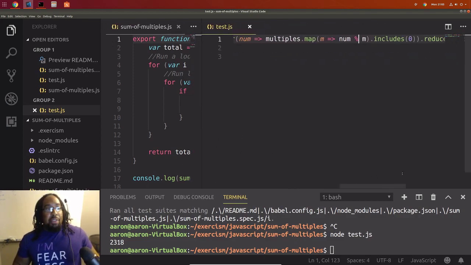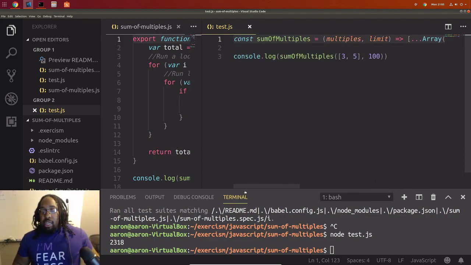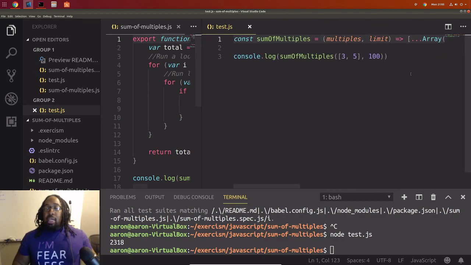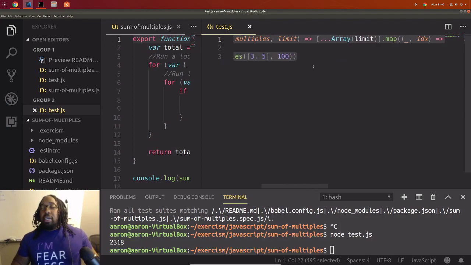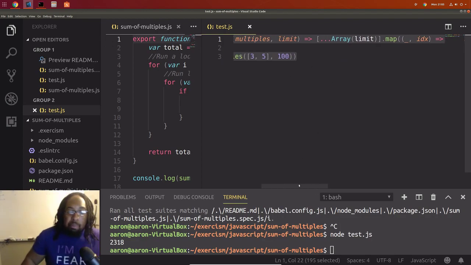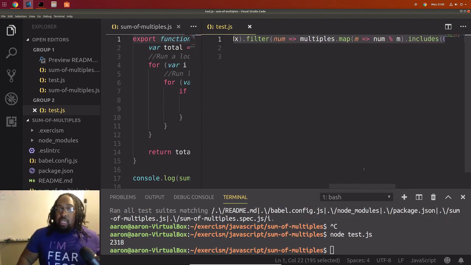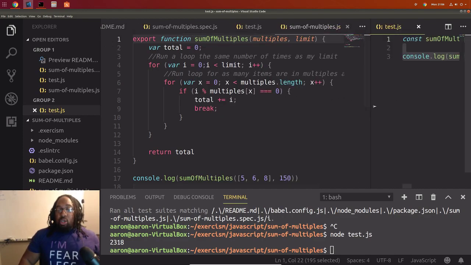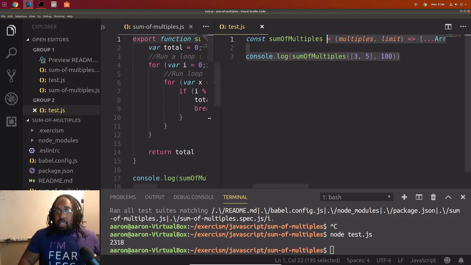This might be a little confusing if this is your first time, or you're early in your JavaScript career, or learning JavaScript. Yours will probably look something more like this, and we will definitely start throwing in a lot of these topics and a lot of the usage here. Definitely arrow functions. We're going to start doing arrow functions for almost everything. Definitely going to start passing in some of these methods, the dot filter, and I like the dot includes. That's pretty cool. Thank you for that. Yeah, so we've done two different ways to solve this.